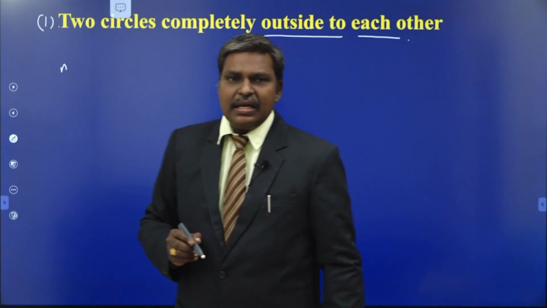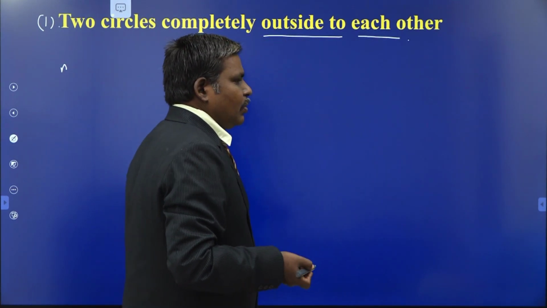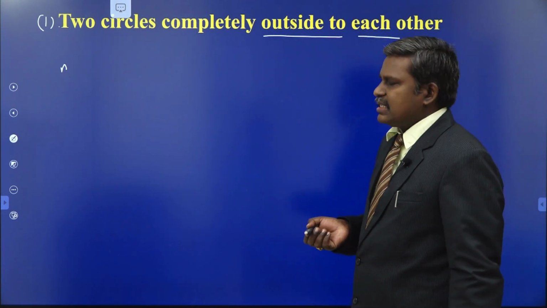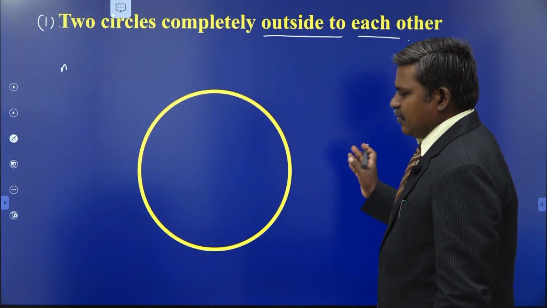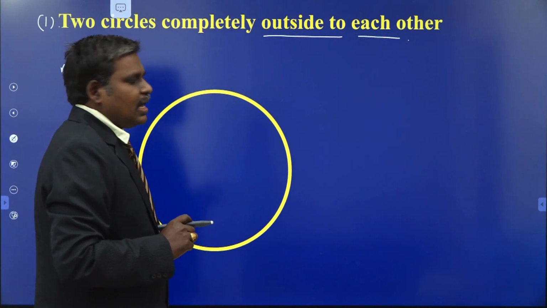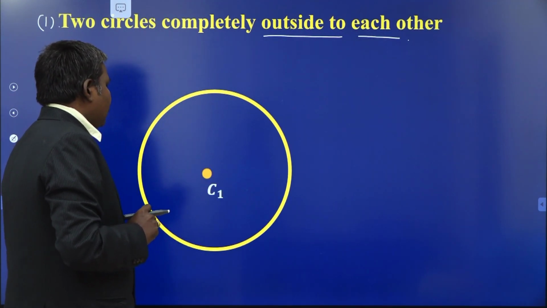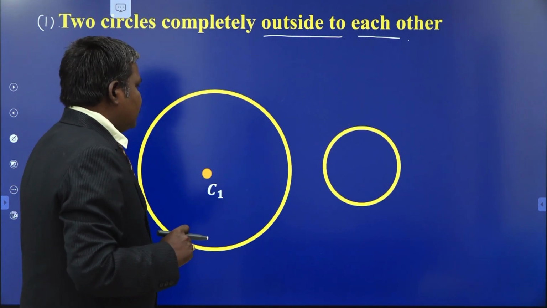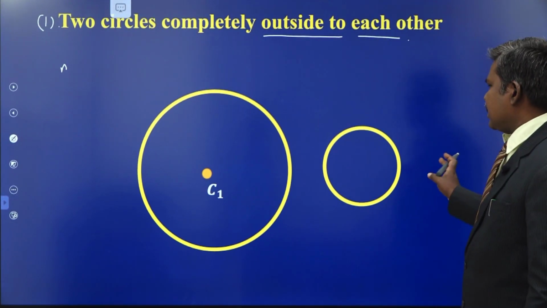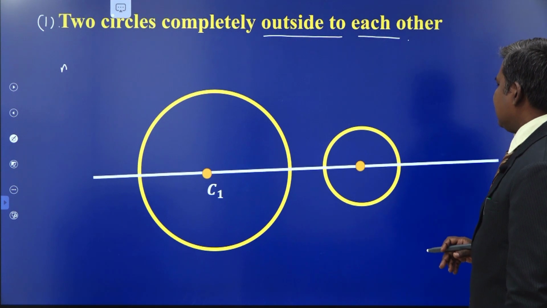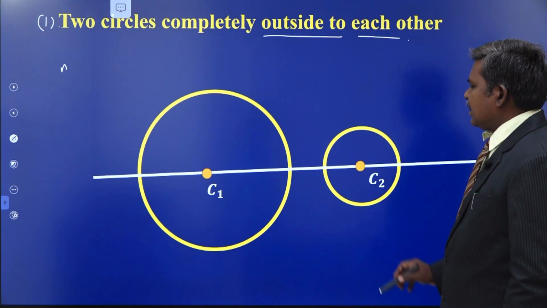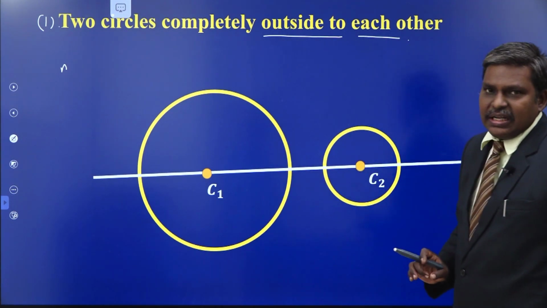Two circles completely outside each other. At that time, how many tangents can we draw? What are the types of common tangents in this case? Let us see. This is one of the circles, S = 0, with center C1 and radius R1 units. This is C1 and the radius is R1 for this circle. This is another circle in the same plane. Dear students, what is the relative position of the two circles? This is the center of the second circle, completely outside each other. Both the circles are completely outside each other.